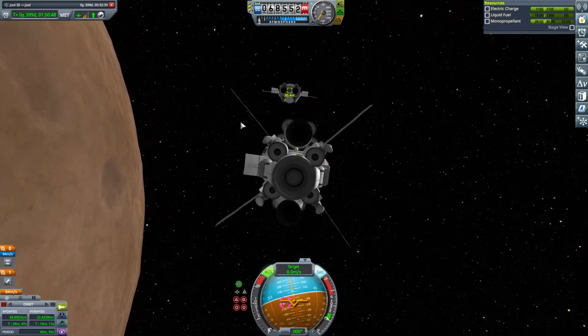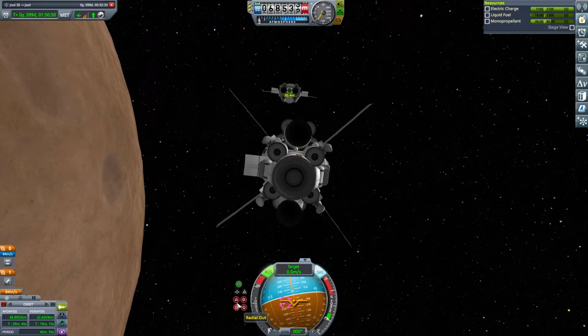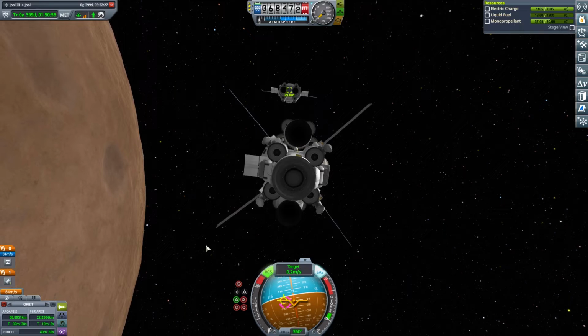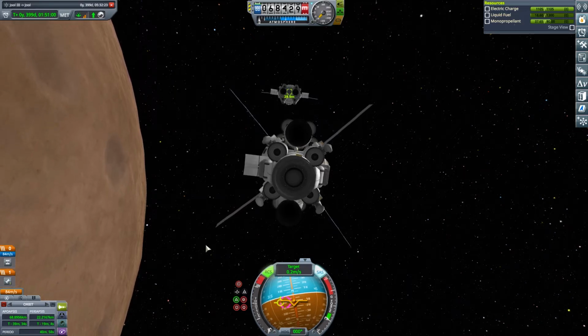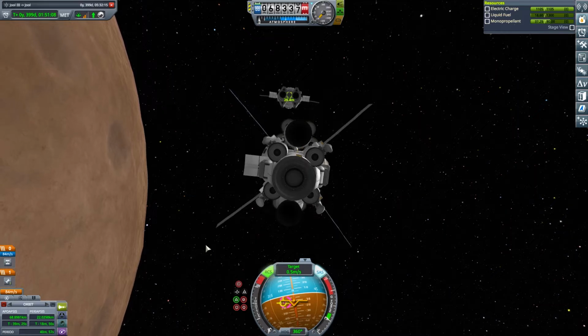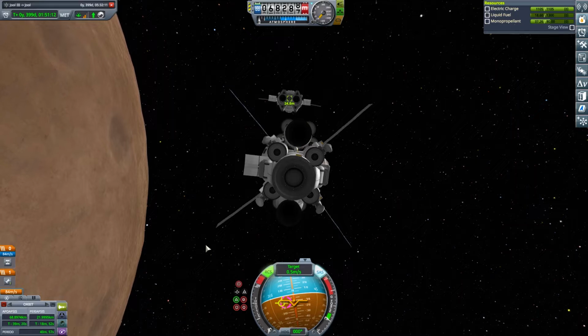Right. RCS on. I want to stay normal. And I want to go like that to there. That's what I want. Right, there we go. We're just going to have a gentle move towards our target right now. Just a little bit of that gentle maneuvering. There we go. Just bring it in. 0.5 meters per second. It's a little fast, but equally,